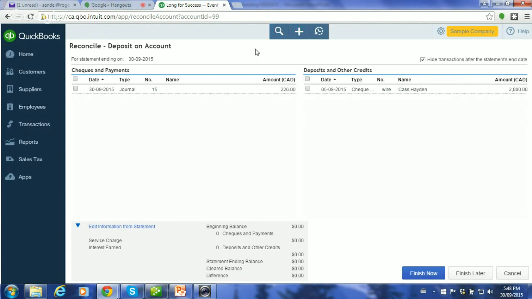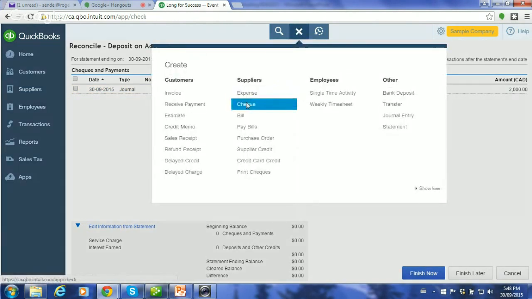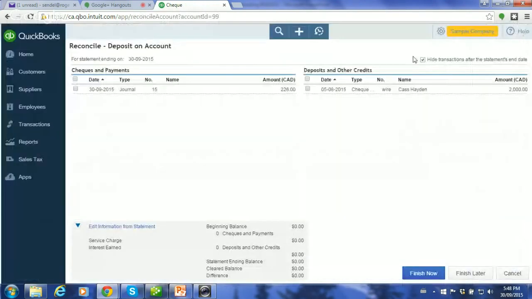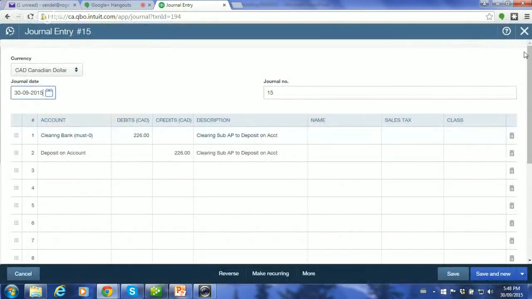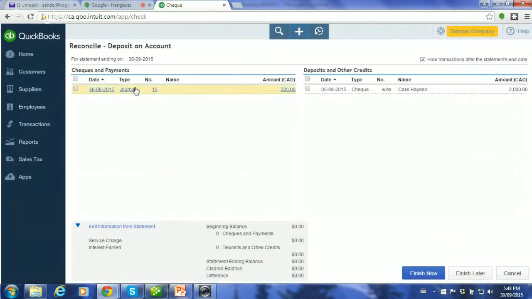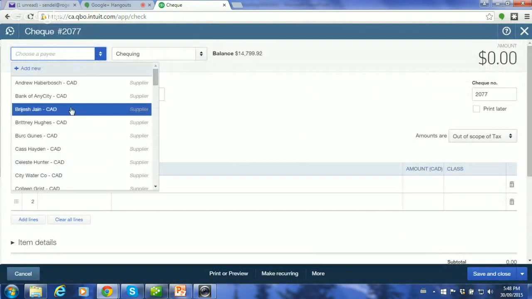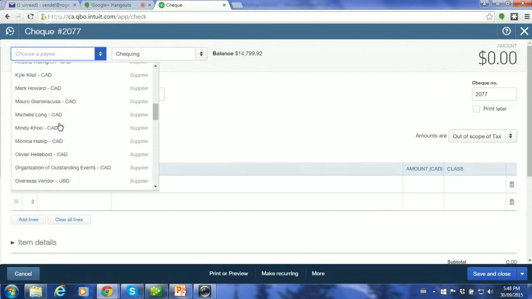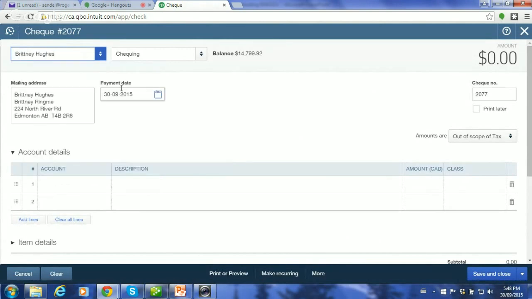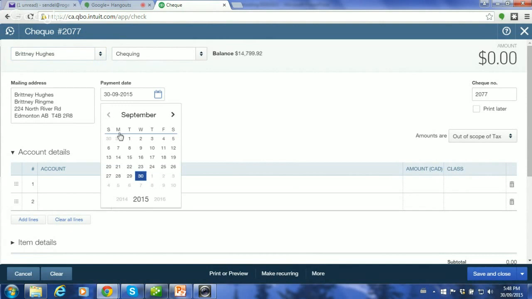You know what? Just for the heck of it, why don't we do it? So this was September 30th. Why don't we just say that on August 15th, who was that? We've got to drill down here and find it again. It won't matter. Okay, we're going to go to check. I think it was, no, it was, yeah, let's use Brittany. I think that's who it was, but make this August 15th.